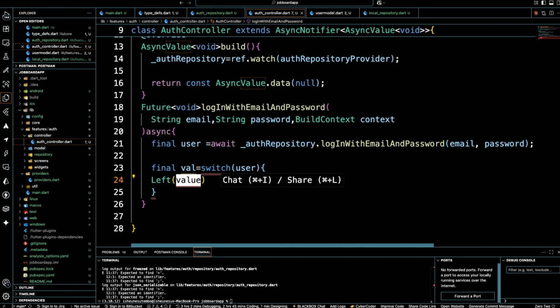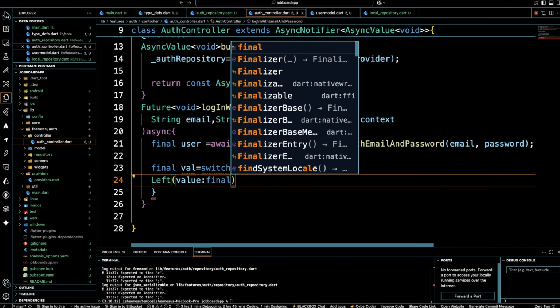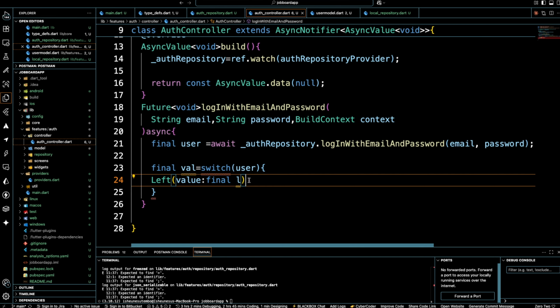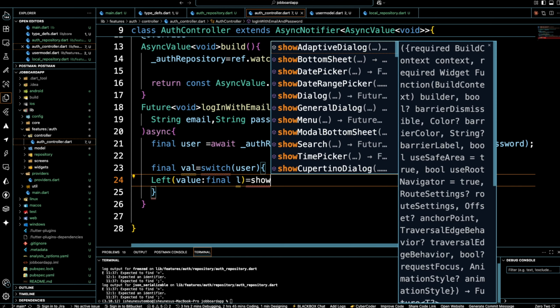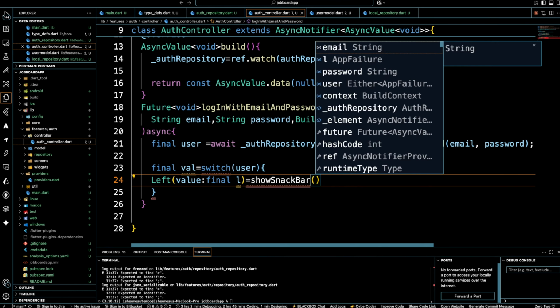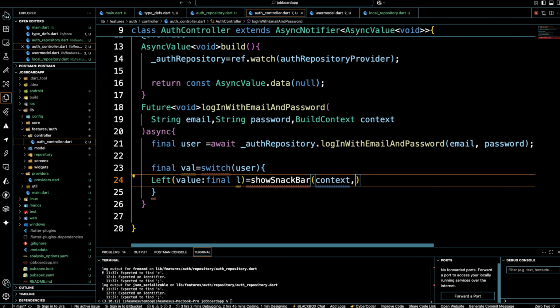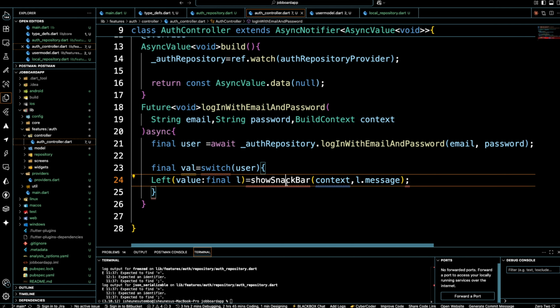when it returns, it's going to return left, right? Remember, we use the left when we get an error from our API. So we are going to set that value to, if there's an error, we just need to show a snack bar. Show snack bar, and then we pass in the context, then the message, like this. Okay. So now that we are done, we need to create a show snack bar function,